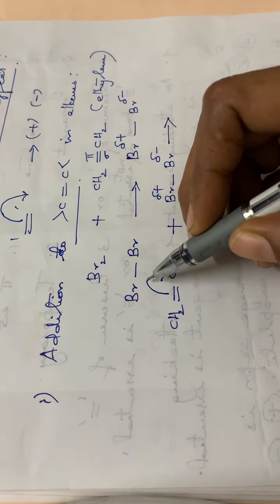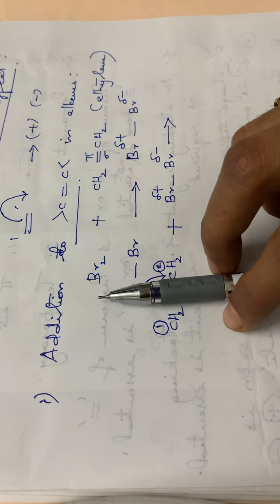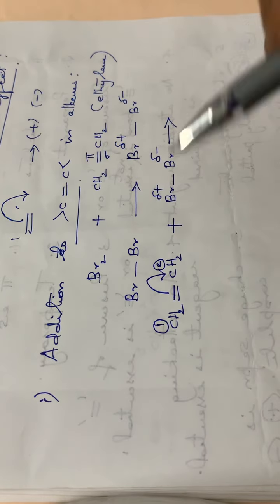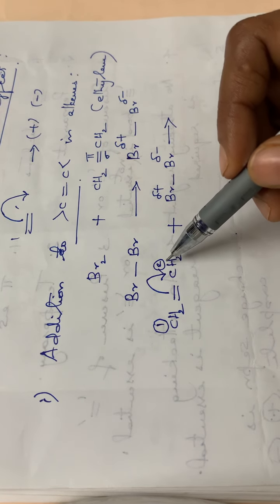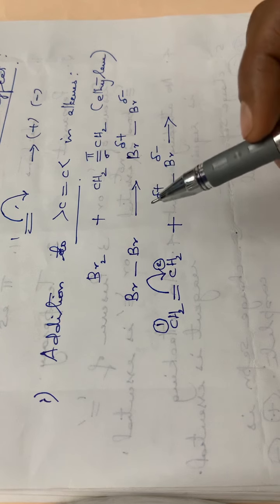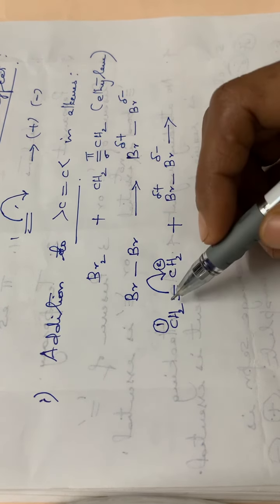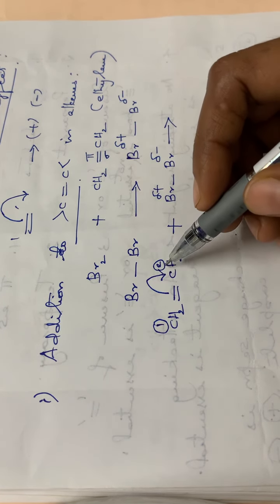Let us say this one is the first carbon and this is the second carbon. The electron shift can be from 1 to 2 or from 2 to 1, since it is a symmetric molecule, isn't it? If we cut this molecule into two equal halves, we will get two equal halves, right? So that means it is a symmetric molecule. The pi electron transfer can take place to any of these carbon atoms. Both cases are the same. So here I am drawing it to the second carbon atom.